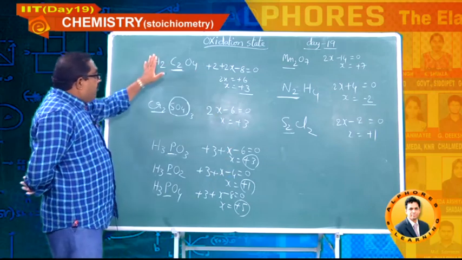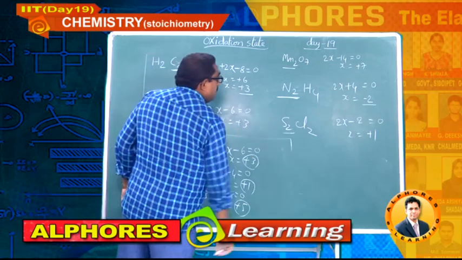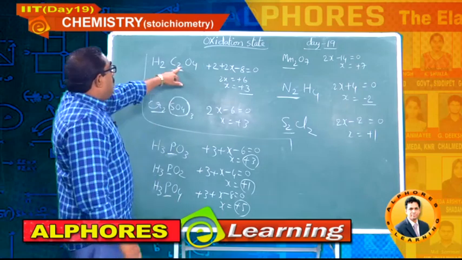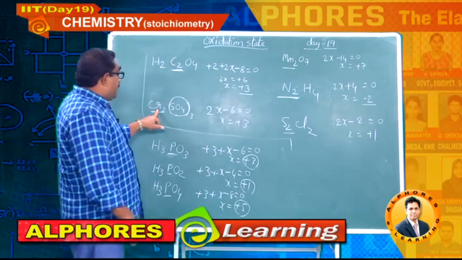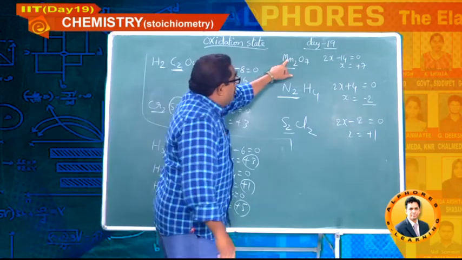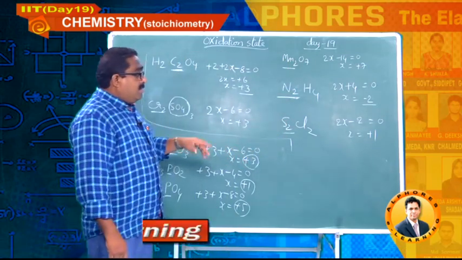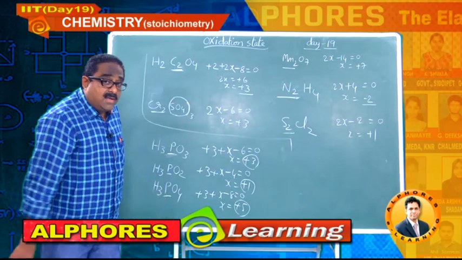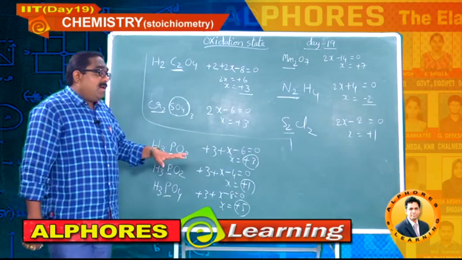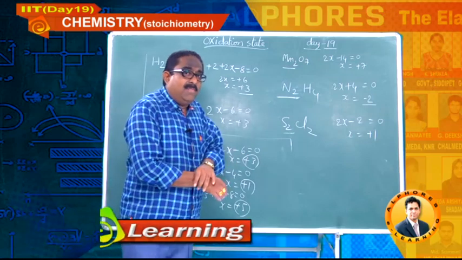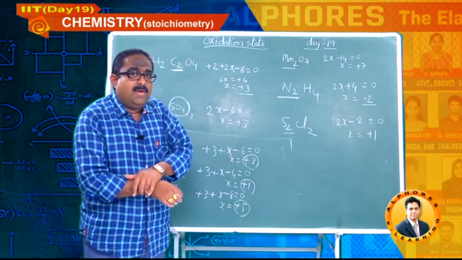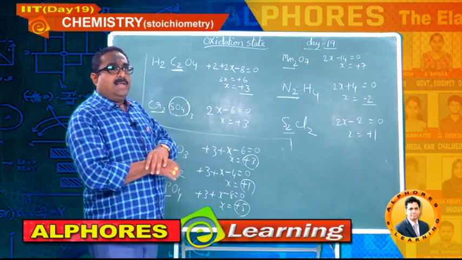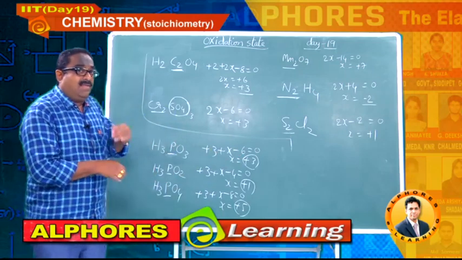But for these 5 compounds, the same element is present in more than 1 atom. Here 2 atoms of carbon are there, 2 atoms of chromium, 2 manganese atoms, 2 nitrogens, 2 sulfurs. The oxidation state for both is the same within that compound, but it may or may not be sure that all the atoms of an element present in a particular compound possess the same oxidation state. That I will discuss in the coming session, not now.